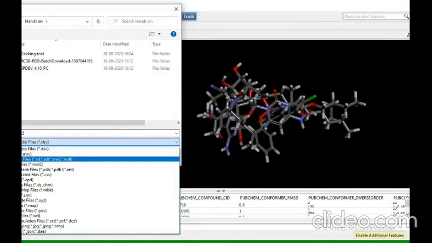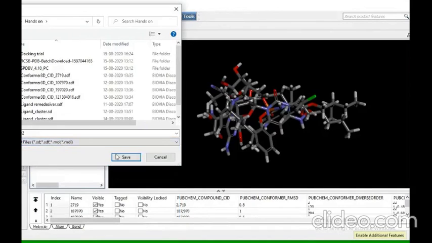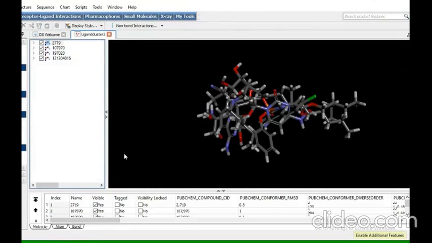You go down and you can see SDF format. Save ligand cluster 2 because I am using only ligand cluster 1, but I can use ligand cluster 2 also. Same thing it is, but okay, ligand cluster 2 done.